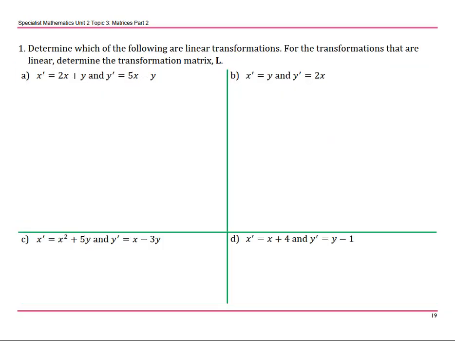So let's look at an example. Determine which of the following are linear transformations. For the transformations that are linear, determine the transformation matrix L. For this first one, our general form for a linear transformation is that our image of x is going to be ax plus by, and our image of y is going to be equal to cx plus dy. So therefore, this is linear